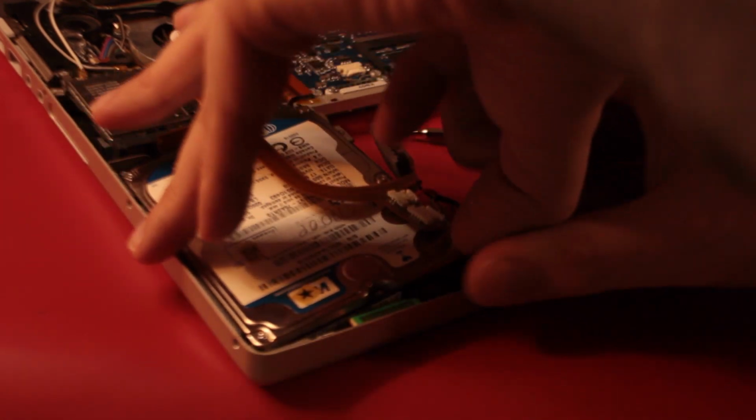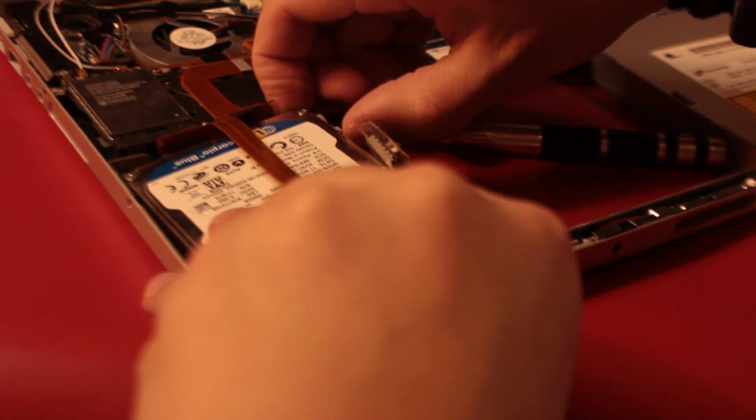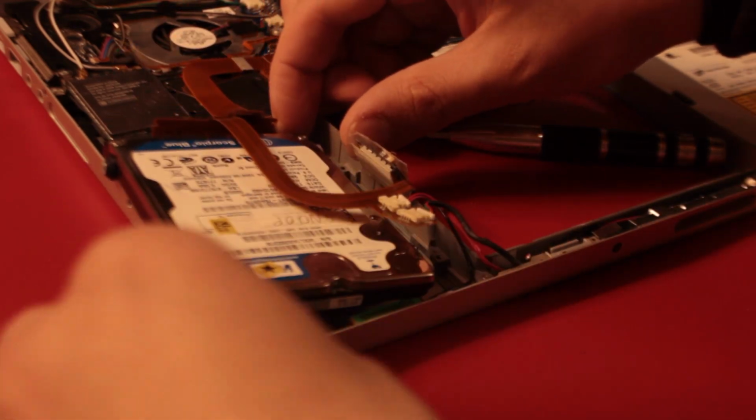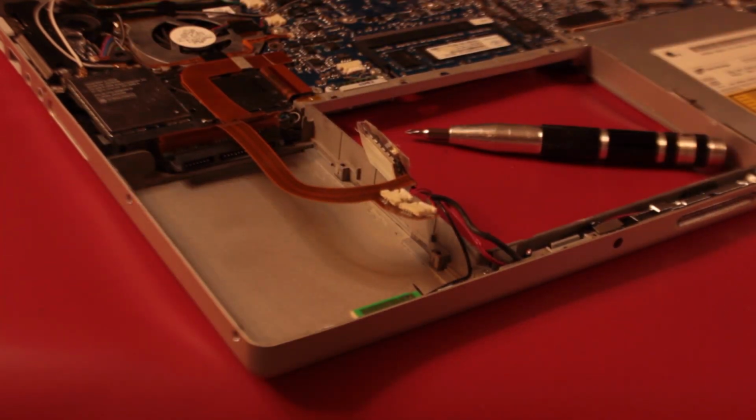Or do I pull it up from the back? Or that's not the back. Oh, so it has to be pulled up from this side because the other side slotted into the chassis. That makes sense. Just pull it out. Pull it back, and